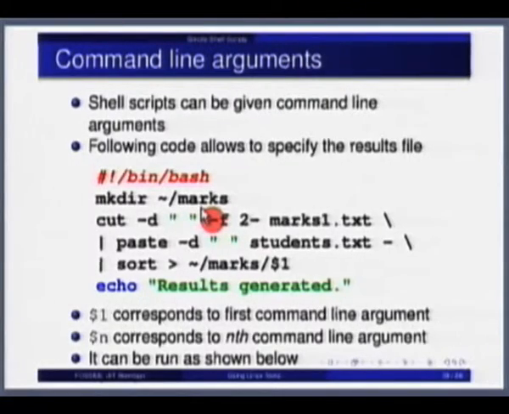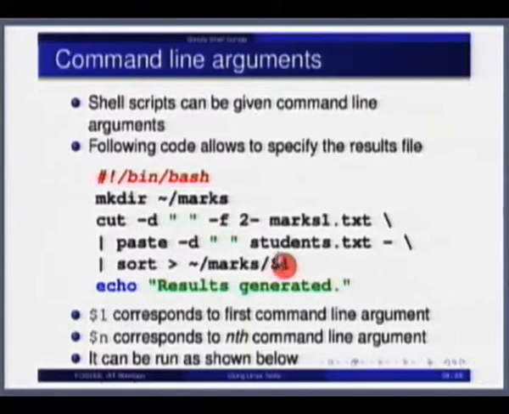Only when we are running it in command mode, after giving it execute permission, at that time we will give another argument. Where will that argument go and play a role? It will take $1, wherever you have written $1, it will go and sit there. So the way it is written here, it will expect you to specify the file name results.txt. Then next time you can say results1.txt, or a result based on the date, results 6th November.txt, results 7th November.txt. Each time the file name can be specified from the prompt now.